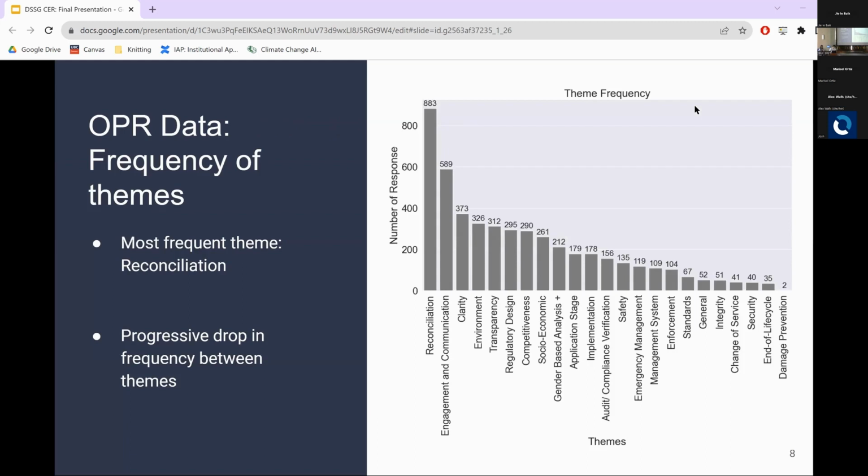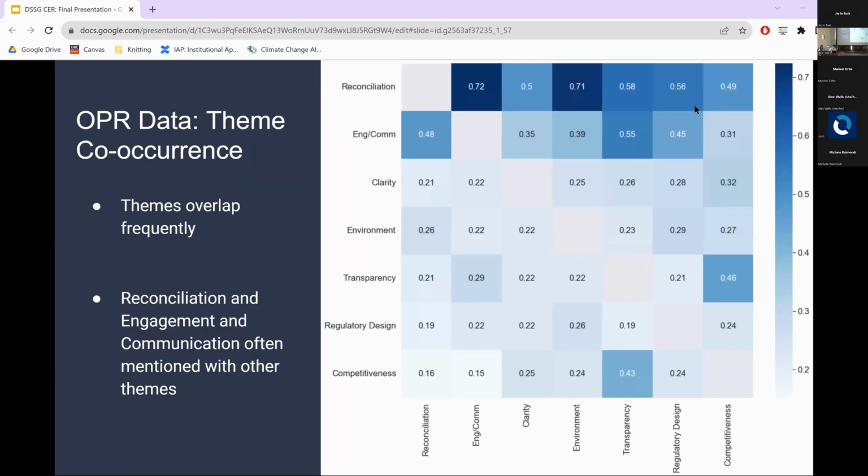In terms of the distribution of the themes as well, it's worth noting that there was a really strong positive skew. And by that, I mean that there were a few themes that had a lot of instances and a lot of themes that have close to no entries. And so we struggled to find some of the patterns in some of the smaller themes because it was harder to have enough power to analyze them. As well, something that's worth noting here is that there was a little overlap between themes.